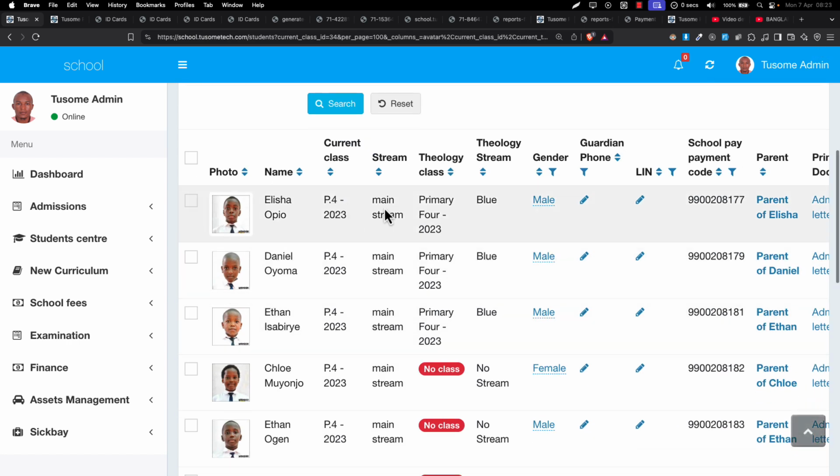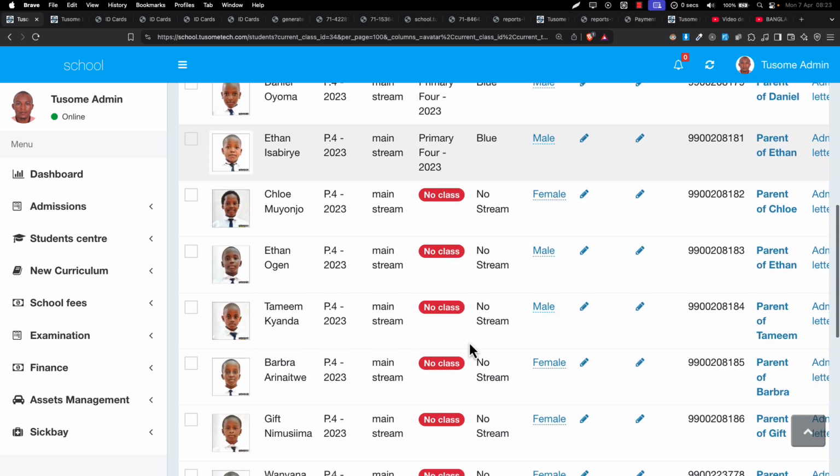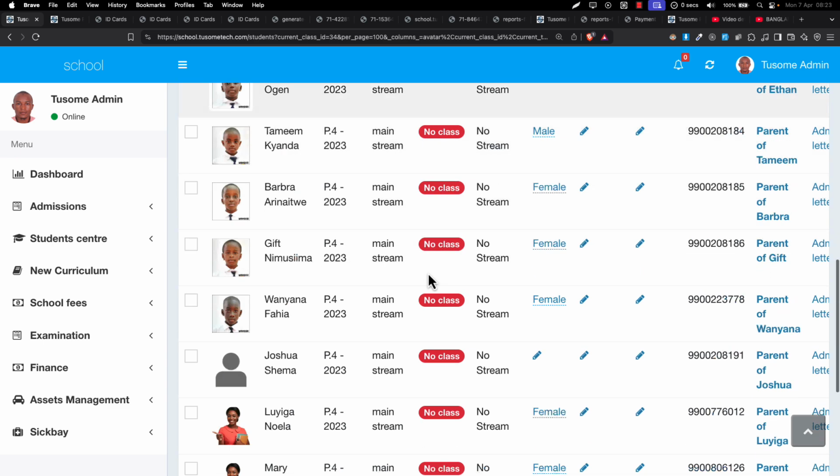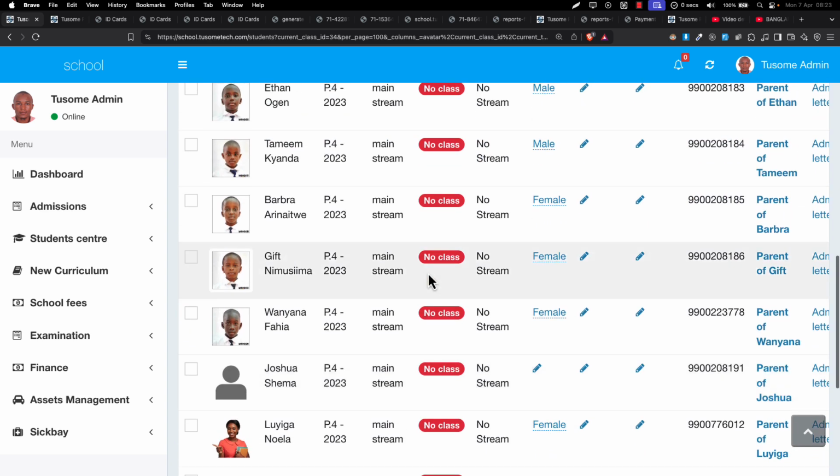shown here. So you can see these are in a theology class primary 4 and in the stream of primary blue. If there is no class that has been set for this student, for example, some students may not do theology, so there will be no class. So you do this we do this only one